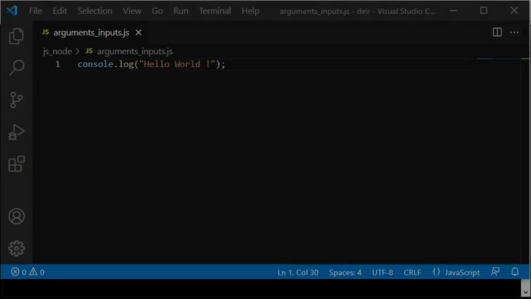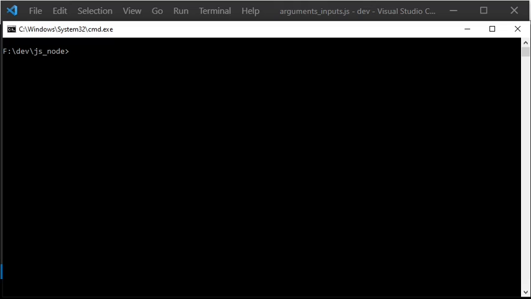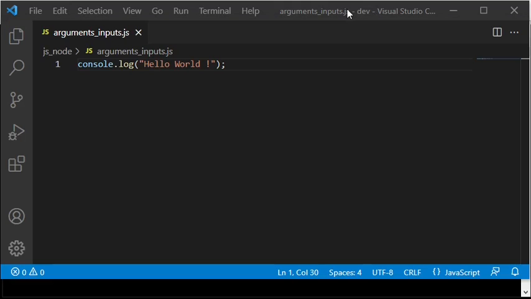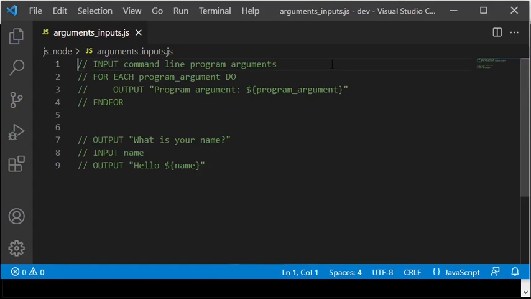Now I will replace the initial Hello World implementation with a program that will receive and print out arguments provided from the command line, and the program will also ask the user for keyboard input and will then print out to the screen what the user typed. For this purpose, I have prepared some pseudocode which I will paste into the program, but within comments, since it of course would not be possible to execute. Then I will modify it by changing it into JavaScript code, which can be executed.